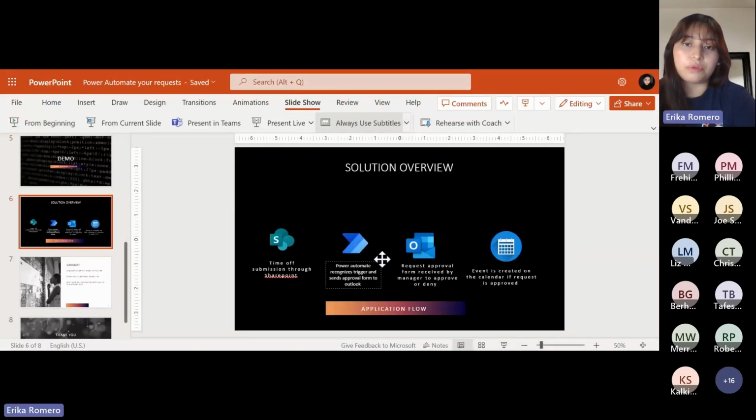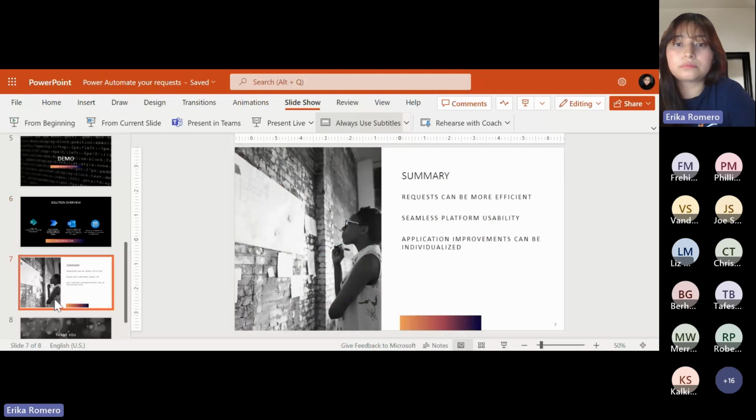Just a brief overview of the presentation: again, using SharePoint to submit the forms for employees, and Power Automate helping us trigger that information and follow the steps with the help of the email as well as the calendar, to make sure we can keep track of who is in the office and who is not. And then for the slideshow,